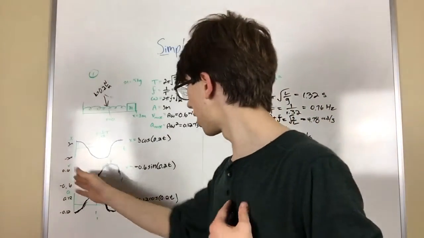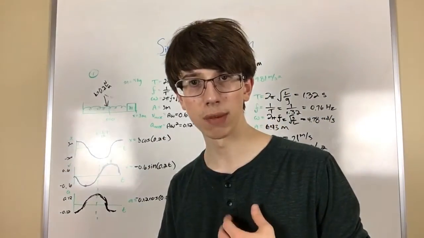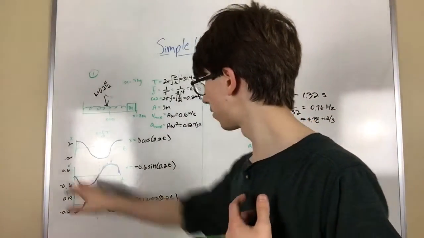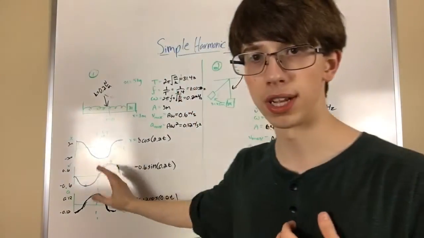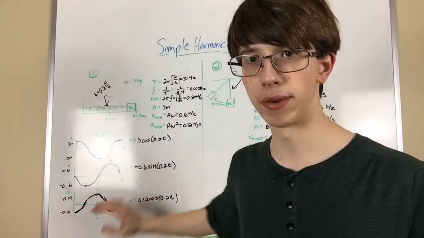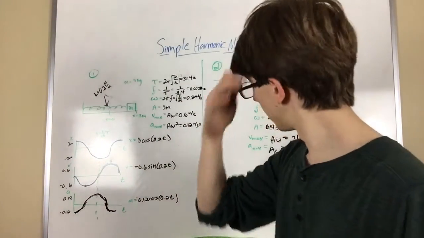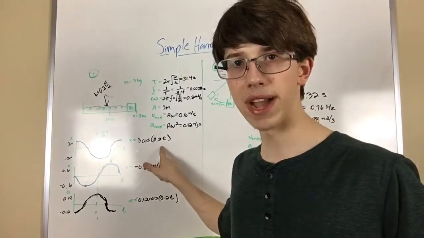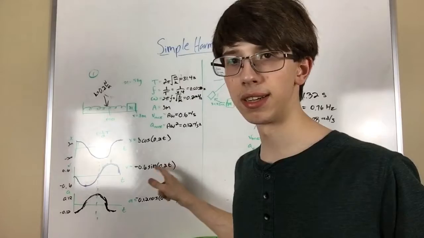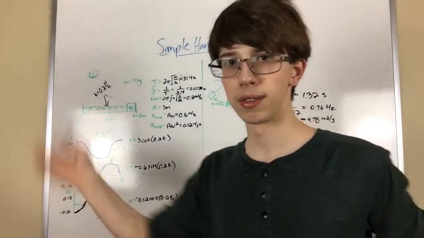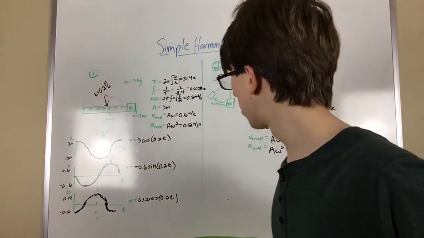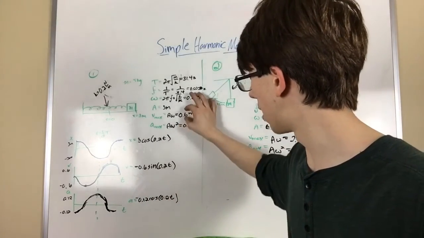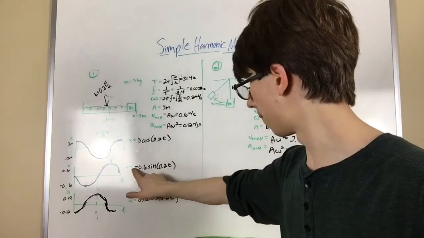And then here we have velocity. It's just the derivative of the amplitude times cosine omega t, because that's how position, velocity, and acceleration work. It's just the derivative of that. Okay? And so the derivative of this is just negative A omega sine of omega t. Chain rule, of course. You take the derivative of the inside as well. And so if we apply this, we get negative 0.6 sine 0.2t,